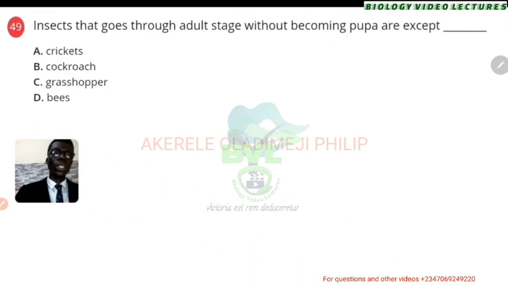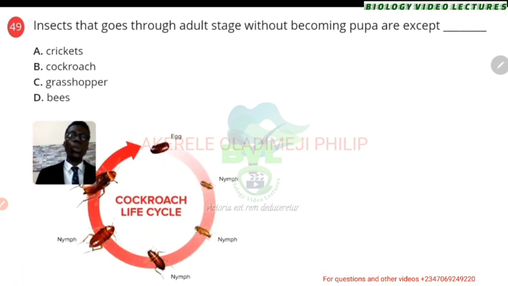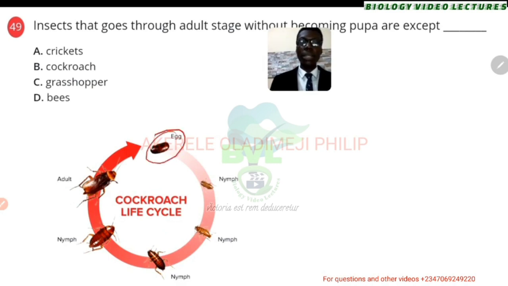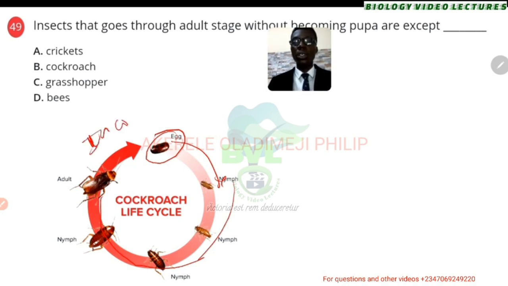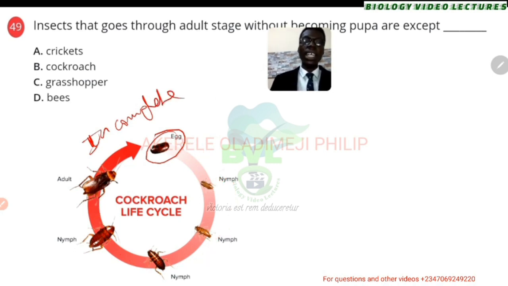Insects that go through the adult stage without becoming pupa are what? Well, I would say this way. We have the types of metamorphosis. This one you are seeing here, you are just seeing the egg, from the egg straight to nymph. This is called incomplete metamorphosis. It's not complete. It just jumps to nymph. Nymph is a small miniature adult, but might not have all the features of the adult. We call it miniature, meaning a smaller adult, because it looks like an adult already. All right, that's what nymph is, and that is incomplete